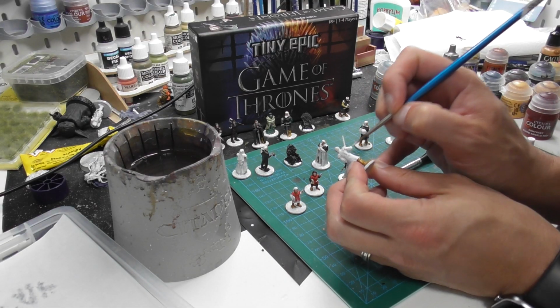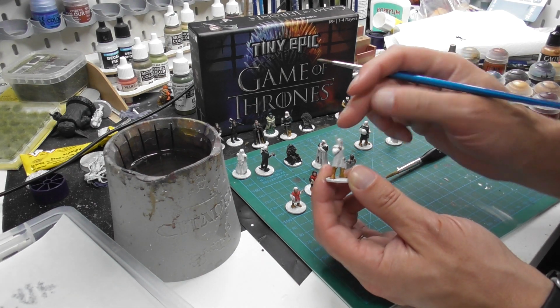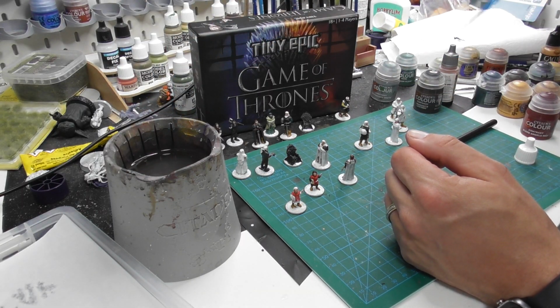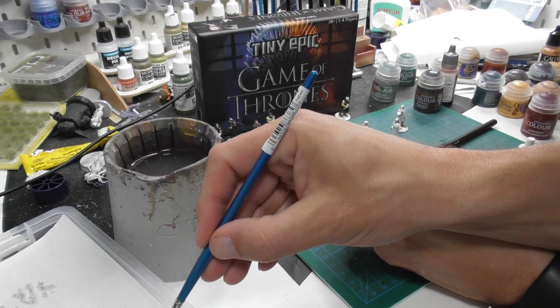Making sure if you cover something else, no problem. We haven't started with this miniature yet, so it's not a problem if you do so. That's all the white parts as far. Oh yeah, there's a few more white. There's a slight white part over here, also that we forgot from